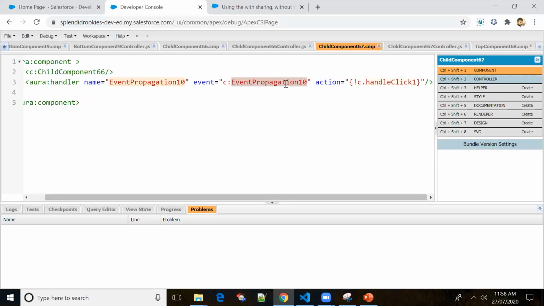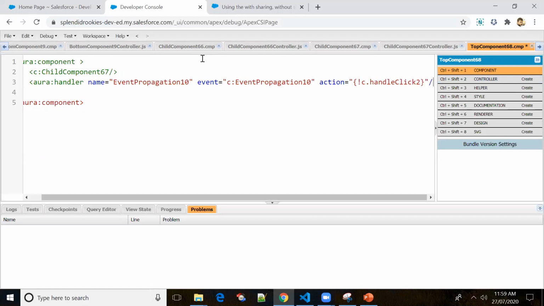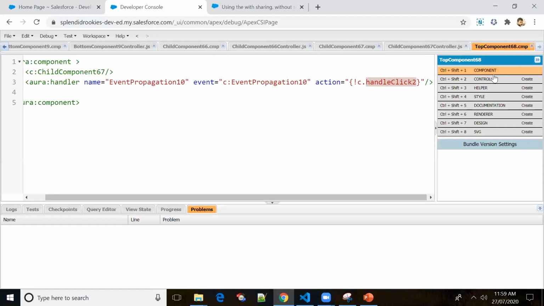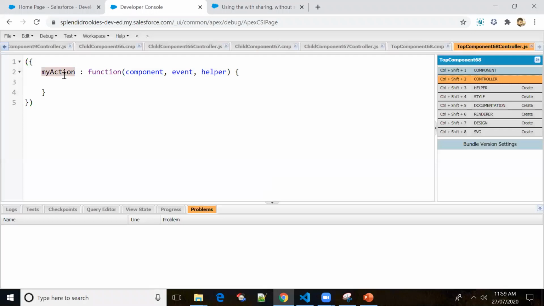So event propagation 10 and the event equal to c dot, okay, so action equal to handle click 2. So now what I'll do is I'll just put this code in the controller. Okay, so alert, yes, I am in root component.